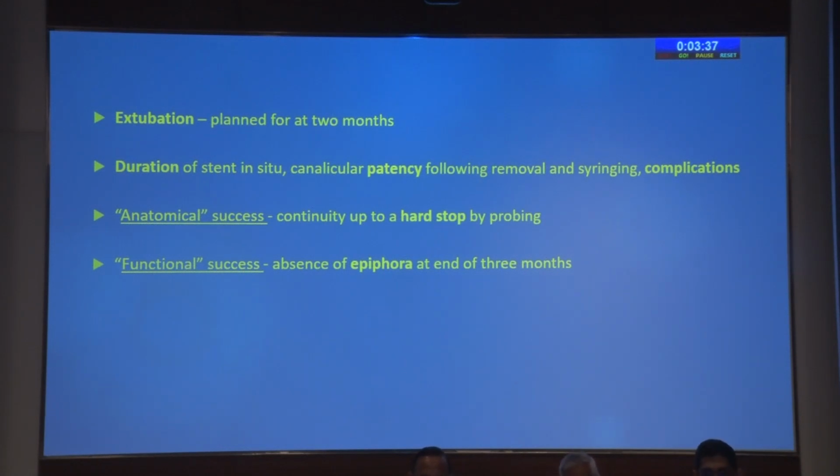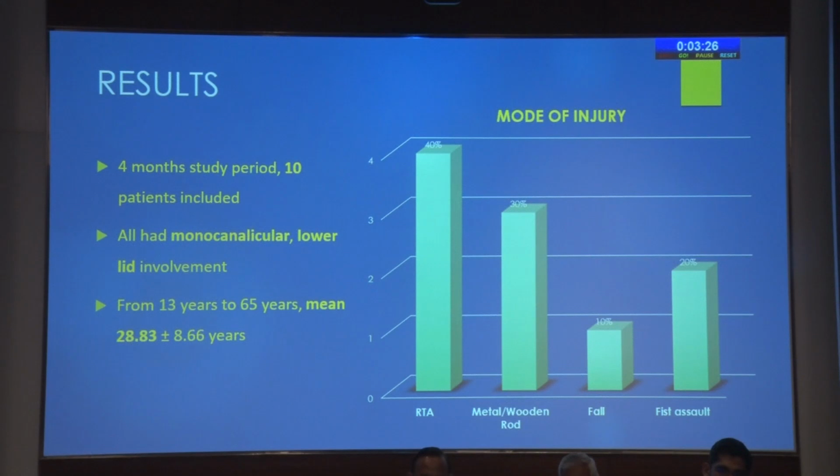Anatomical success was defined as continuity of the canaliculus up to the sac by probing and getting a hard stop, and functional success as absence of epiphora at the end of the 3-month follow-up period. During this 4 month study, 1 month was for recruitment, and we recruited 10 patients. All of them had a single canaliculus of the lower lid of only one eye involved, ranging from 13 years